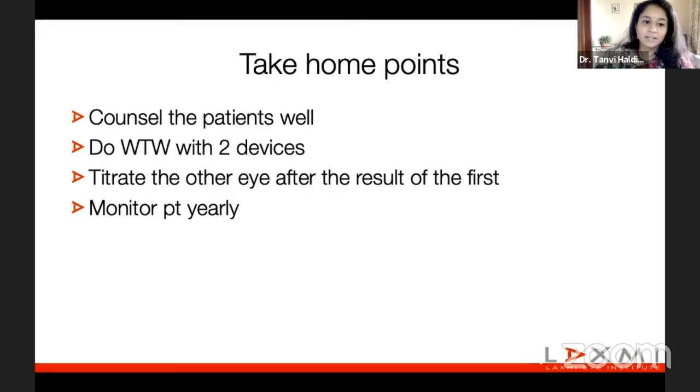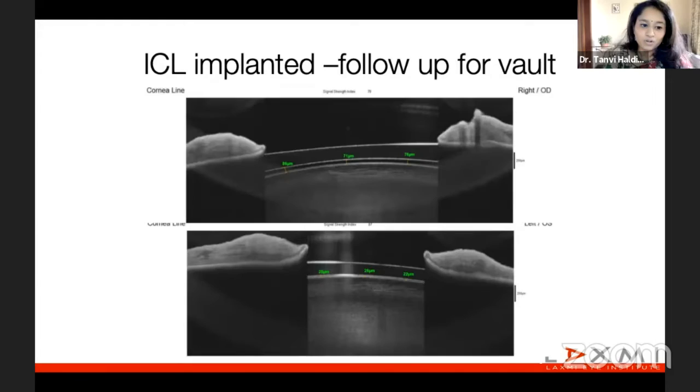You can see it is becoming less and less. It is reducing, especially in the left eye. Now, this was taken in January of 2021. His left eye vault is almost negligible, and yet he enjoys decent vision. And hence, with proper counseling, he can still be under just observation. So don't rush to implant. See the patient, talk to him, and just go by that.